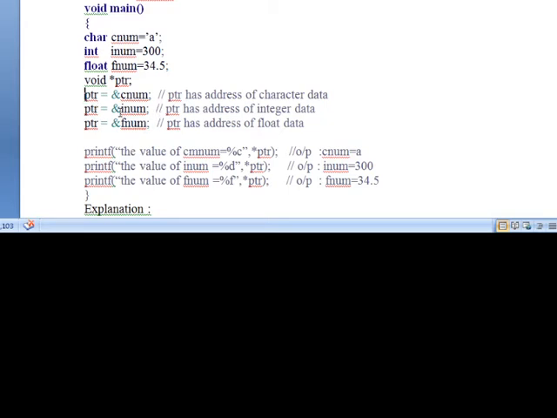void pointer. Once again, void is a general purpose pointer. It doesn't have any associated data type, which means it can hold any data type address.